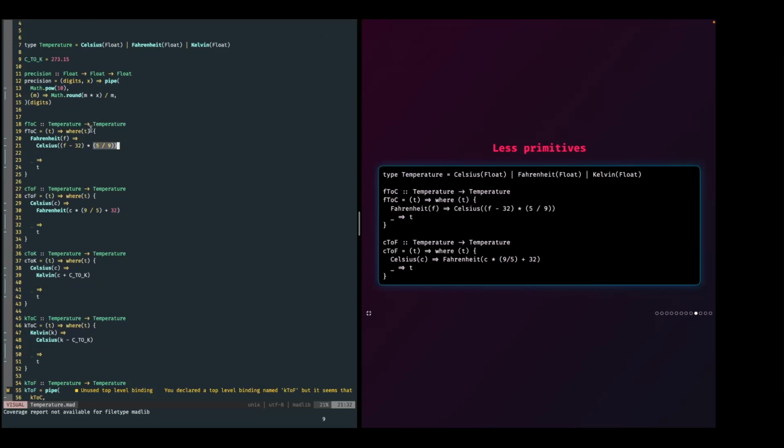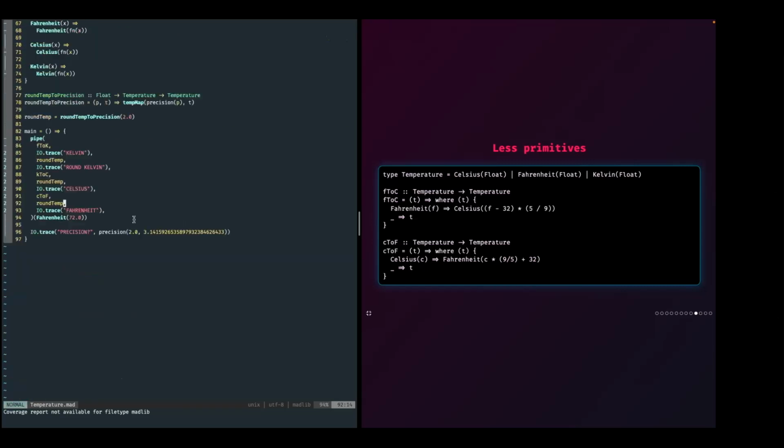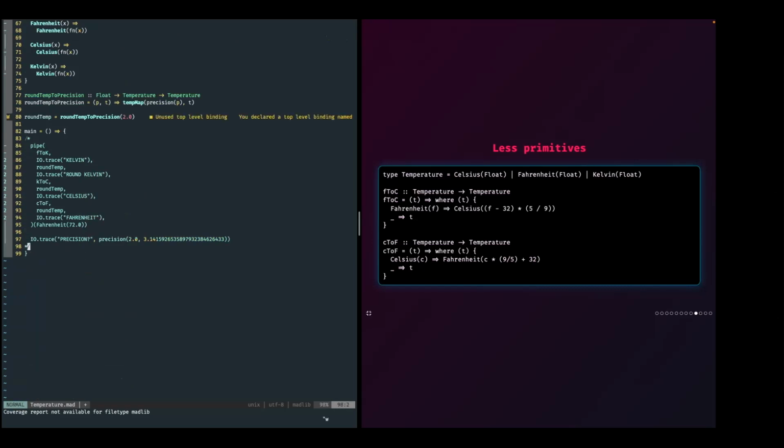So high level here, these are constructors. If I want to, I can create a Celsius of 5. In fact, I can comment this out and show you. So here I've constructed it.